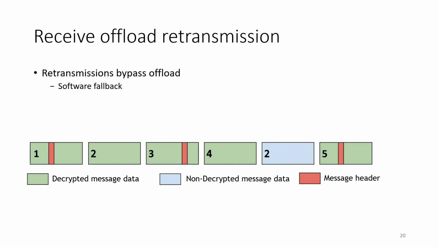We now move to describe what happens for various out-of-sequence scenarios. For instance, consider what happens when a packet is retransmitted. Here packet 2 is received after packet 4. In this case, the packet is passed to software unmodified as it does not match the dynamic context expected TCP sequence number. And if this packet reaches software, the kernel TLS will need to handle it, falling back to software decryption.